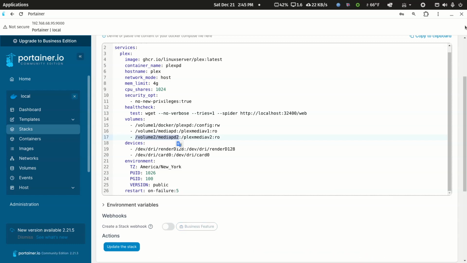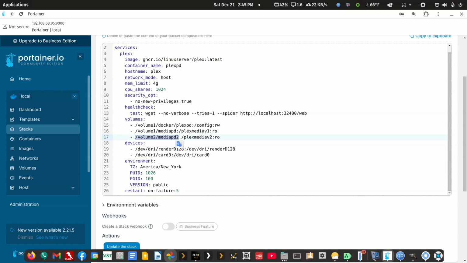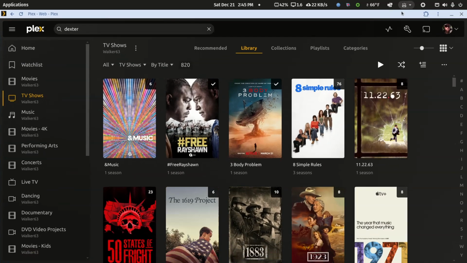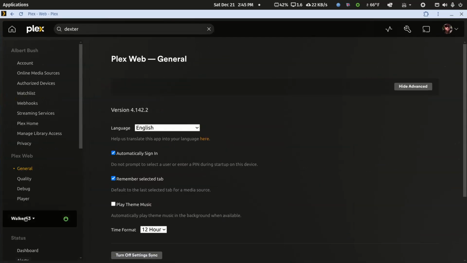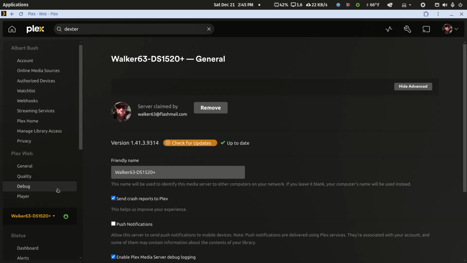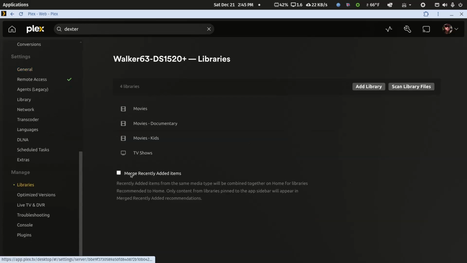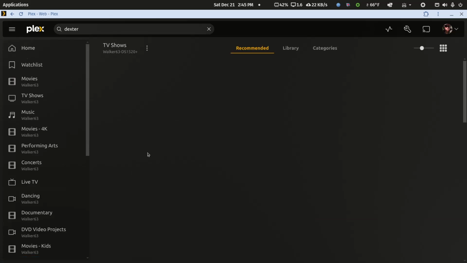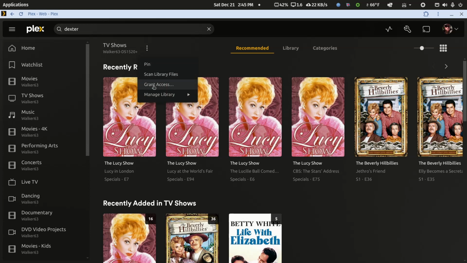Well, wrong icon. I don't need the Plex HTPC client app that opened on my second monitor. Let me go back to the web app. Let me change to this test server I've been talking about. And now I'll go to the TV show library. That's what I was showing before. And now I'll edit this